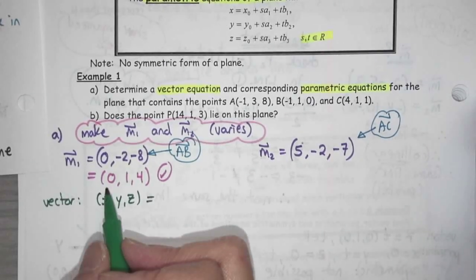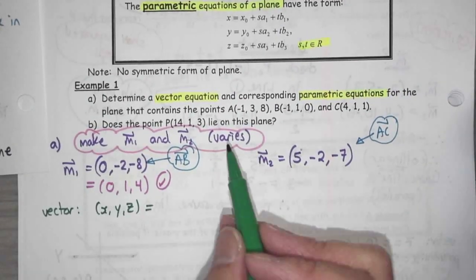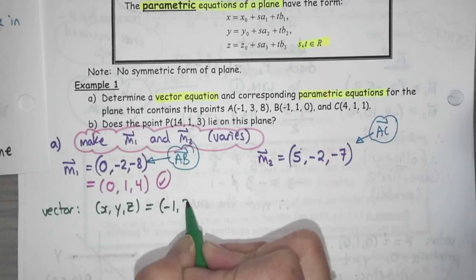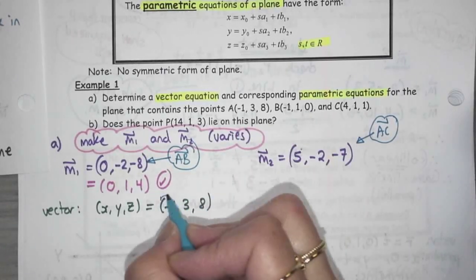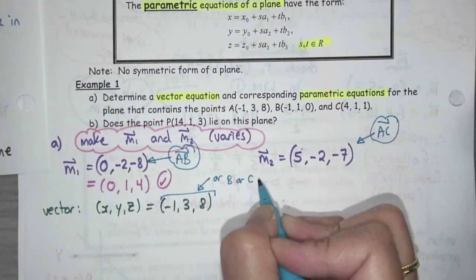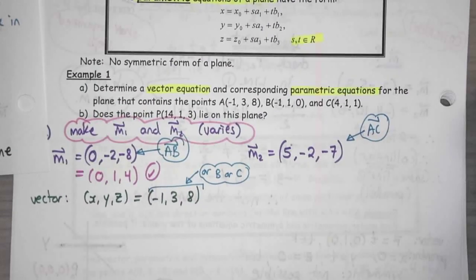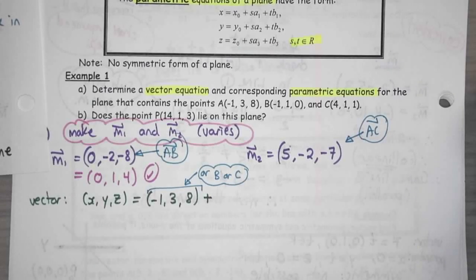And I'm going to grab a point. Any one of the 3 points will work, either A, B, or C, it doesn't matter. Again, marking this is not super fun, so I know that that could be A, and I'm just going to say A or B or C. Any one of those points goes there, and then plus,